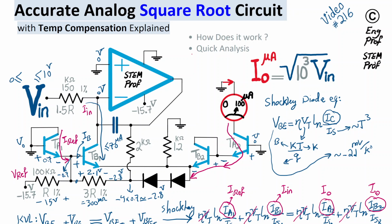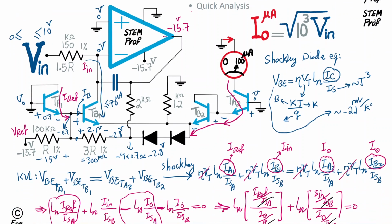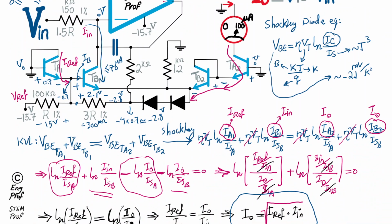We have negative feedback because if for whatever reason suddenly the voltage at the negative input terminal of the op amp goes high because of, let's say, a reduction in current, then the output of the op amp is pushed, because the voltage of the negative terminal becomes more than, say, 0 volt at the positive terminal. Then the output is pushed to the maximum lowest voltage, which is roughly negative 15 in this case, or negative 15.7. And then because of that, when it tries to push down, it means as a result, the current here